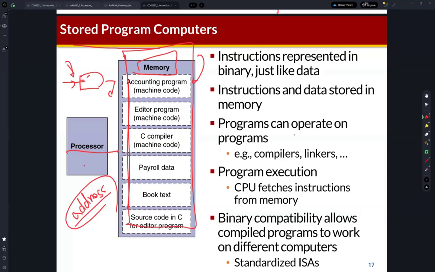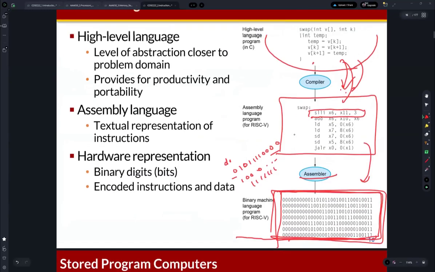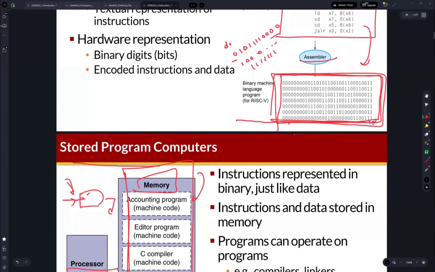The memory is a large array that stores data. You can just understand the memory as a very large array, like M0, M1, M2, and so on. And these indexes are addresses,